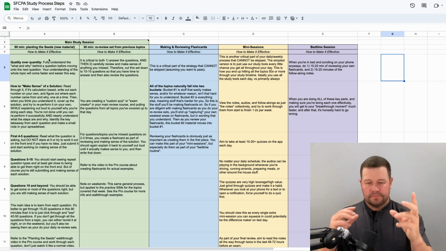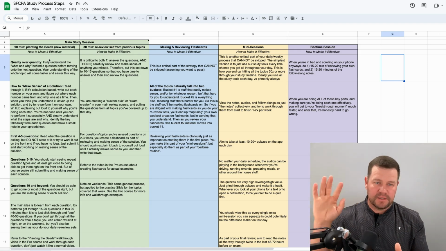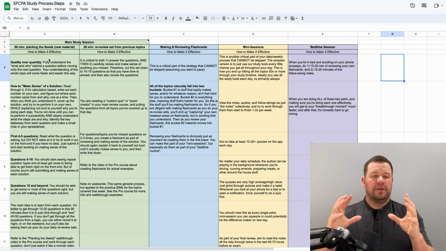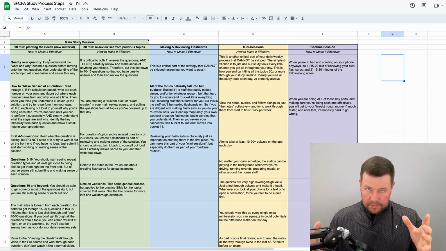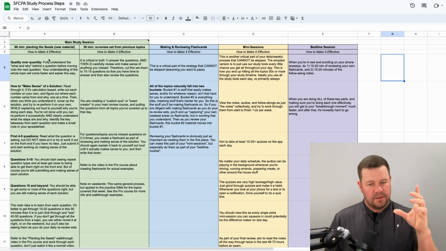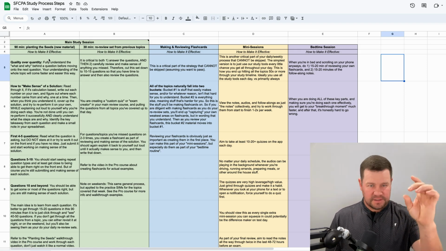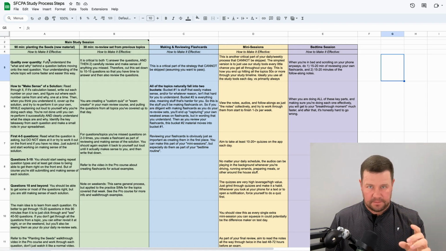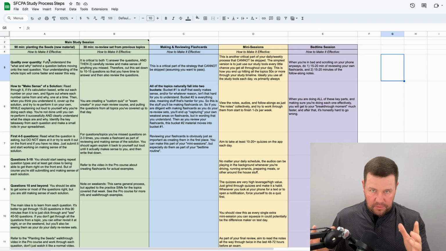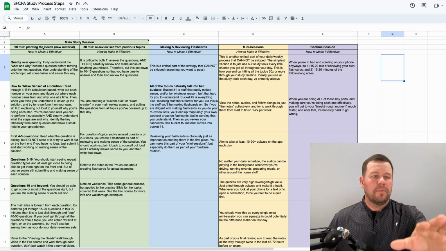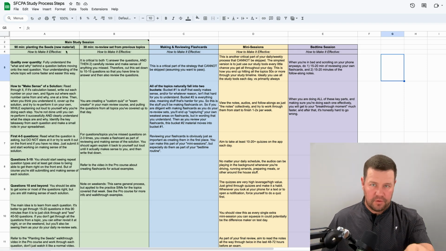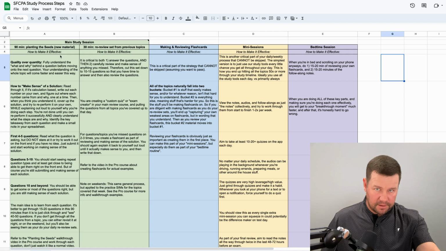Now, this part is explained in the pro course, but you're obviously going to be working from a study plan. So you might have, okay, today I need to get through these 2 topics, or this subtopic, this subtopic, this subtopic. It just depends on how your review course is laid out. But you are doing this in your main review course. So if you have Becker, you'll be doing this in Becker.